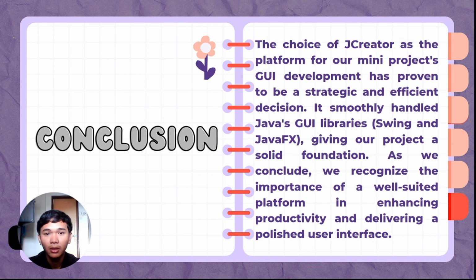For the conclusion, the choice of JCreator as the platform for our mini project has proven to be a strategic and also efficient decision for us. It mostly handles the Java GUI libraries such as Swing and JavaFX, but it also has other libraries such as input and output, giving our project a solid foundation. As we conclude, we recognize the importance of a well-suited platform in enhancing productivity and delivering a polished user